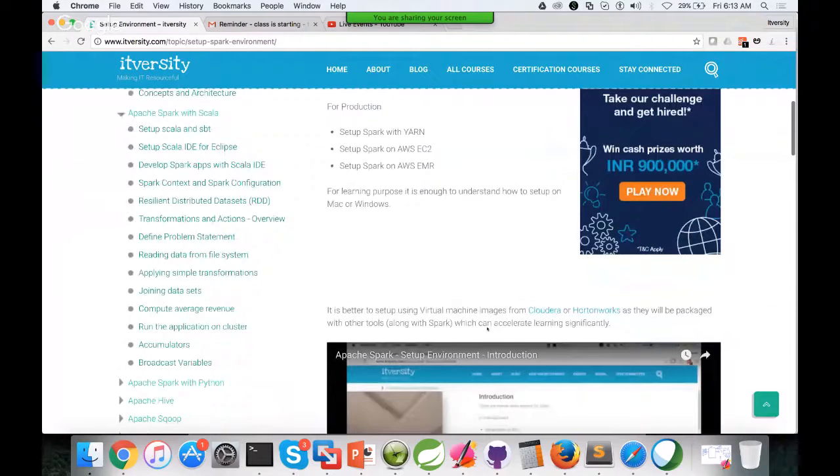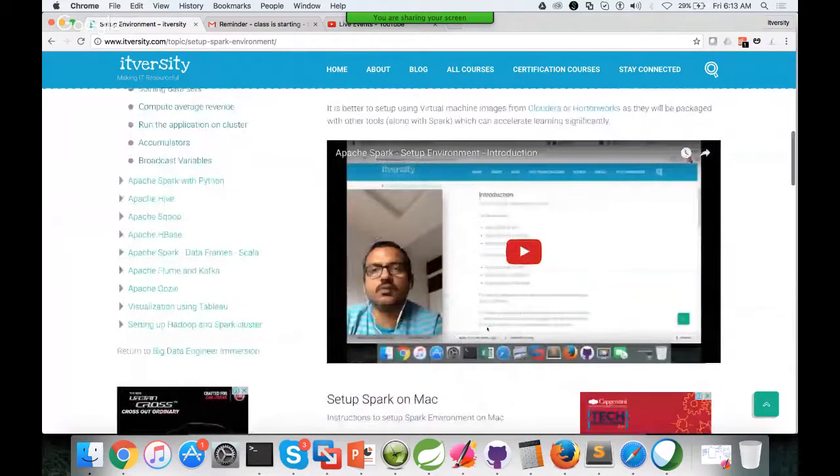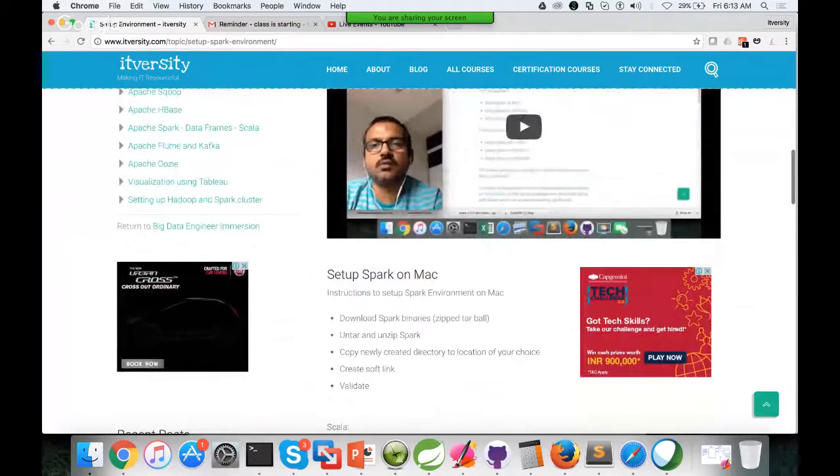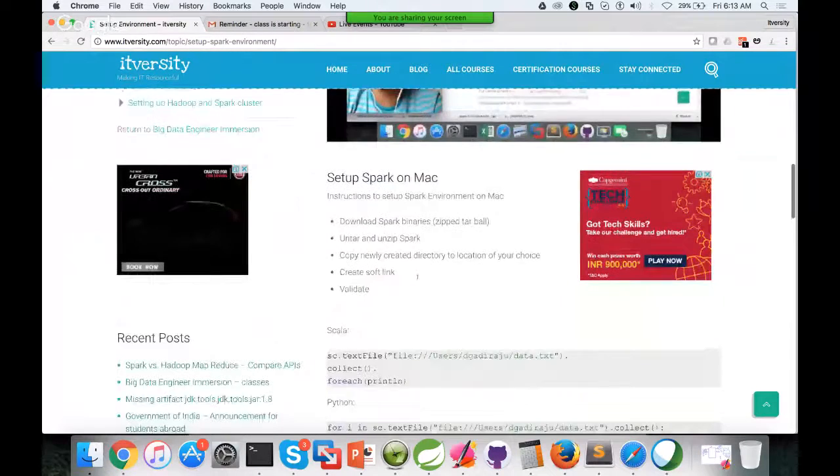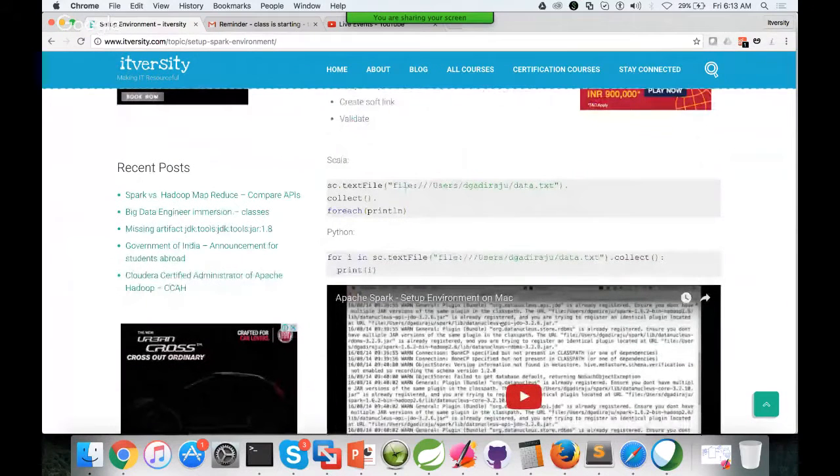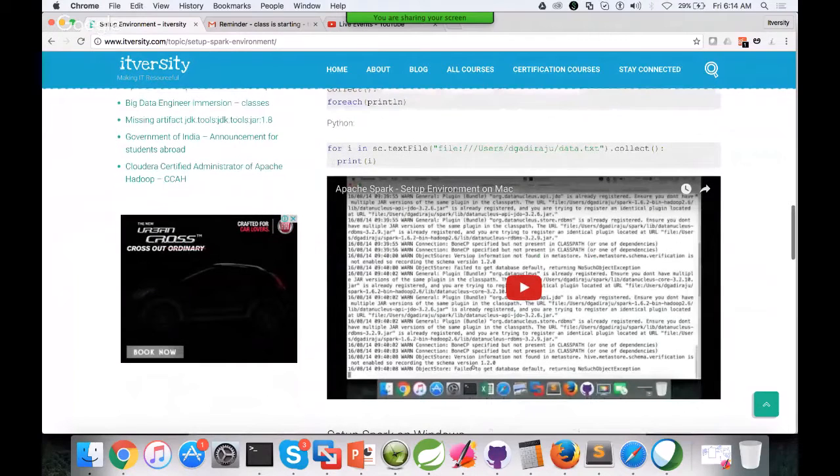If you have a less powerful computer, you can even set up Spark directly on your Mac or PC. Here I covered the instructions for the Mac. For PC it's almost the same. The only thing is, instead of updating a .profile file as shown in this video, you need to set environment variables for Spark Home, and also you might have to set the path so that you can run Spark from anywhere. Once Spark is set up locally, outside the virtual machine, if you don't have enough capacity on your laptop, once Spark is set up successfully,